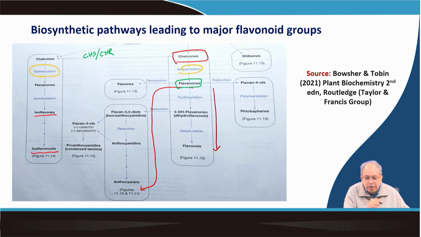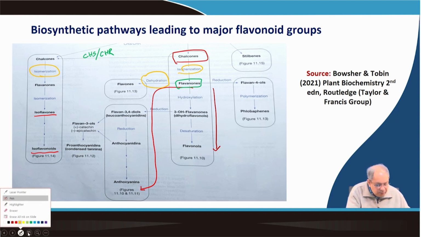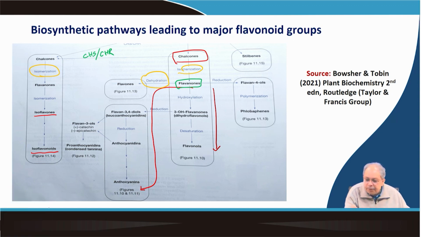Isomerization is there in both cases, and then flavanone will be converted into flavone by dehydration, and it is stored as such, or flavanone can be reduced to flavan 4-ol. Flavan 4-ols undergo polymerization and form phlobaphene. Phlobaphene is a typical complex phenolic compound, which accumulates and forms the maroon color, and you will find it in the sorghum inflorescence,